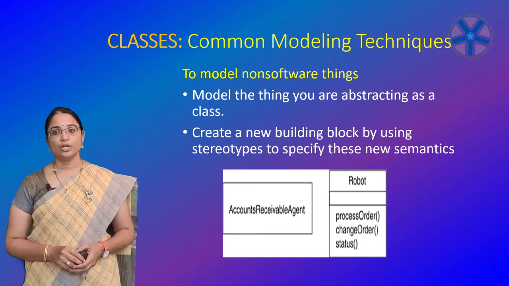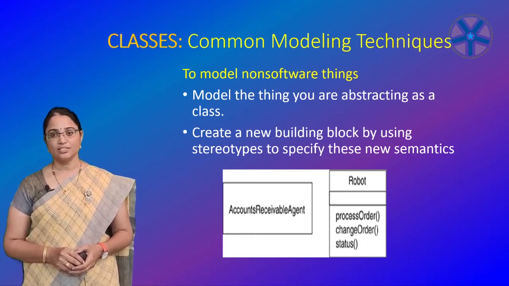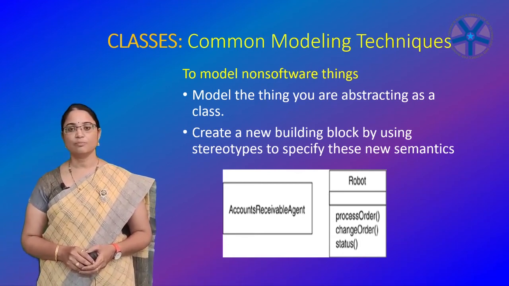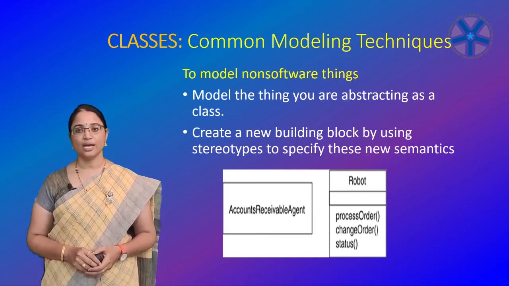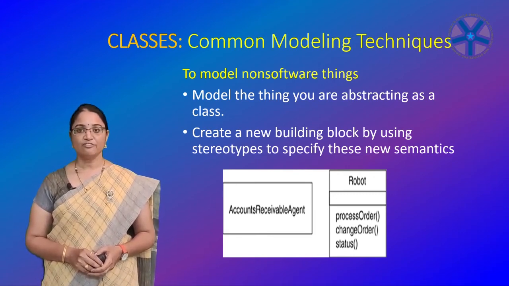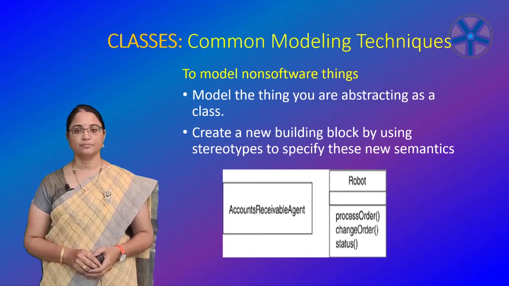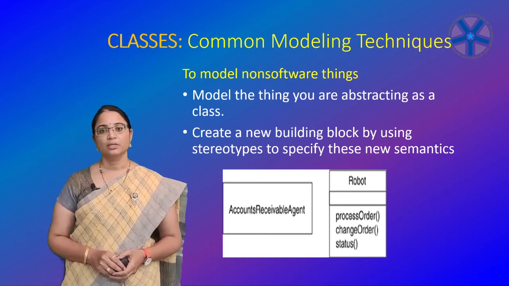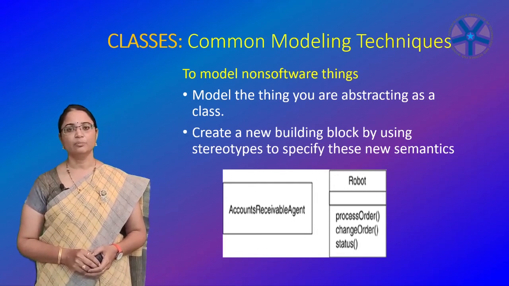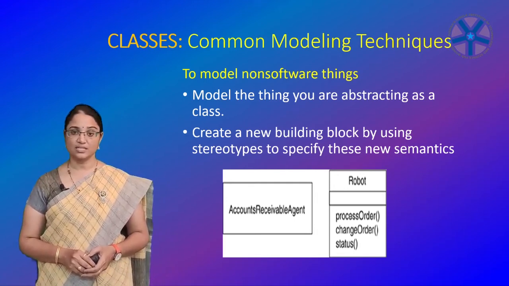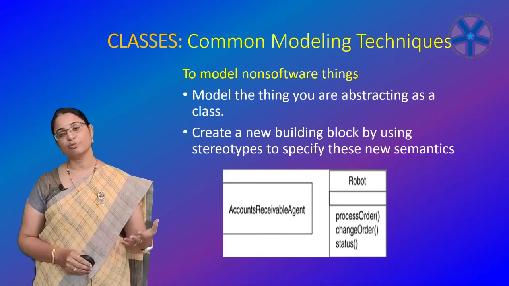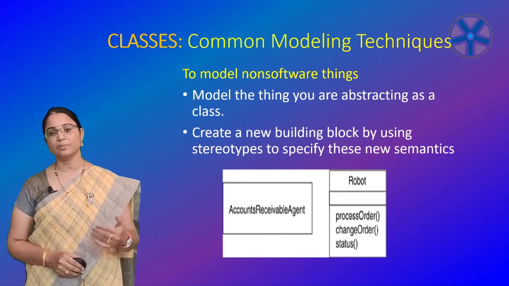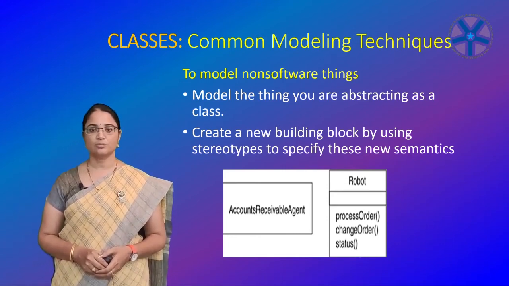If the thing you are modeling is some kind of hardware that itself contains software, consider modeling it as a kind of node as well, so that you can further expand on its structure. So coming to the important point which you need to remember: the UML is mainly intended for modeling software intensive systems, as I discussed earlier, but it is also useful for non-software things also, but mainly it is based on software intensive systems.